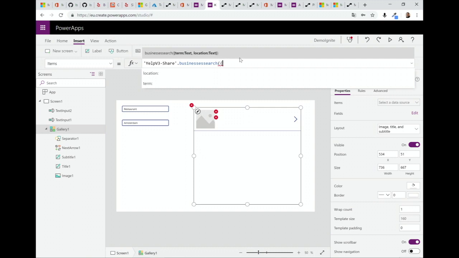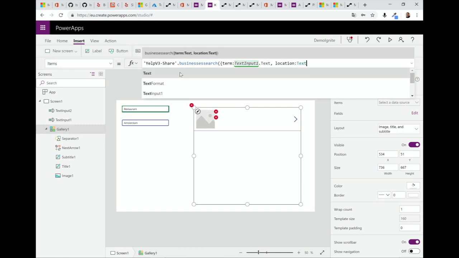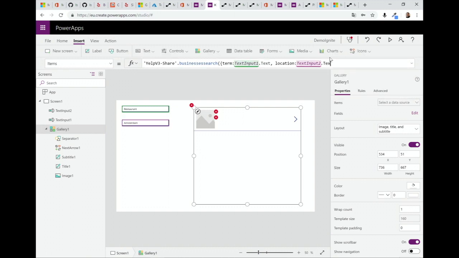So I will provide here the term, which is the input text1.text. And the location will be the text input to.text. And what I want is the businesses, like this.